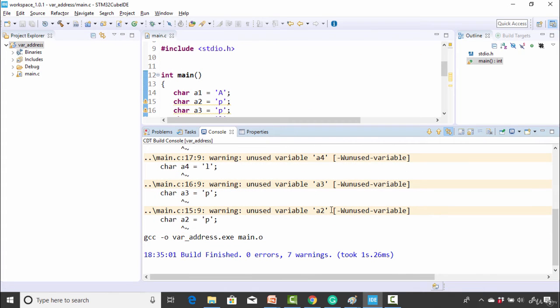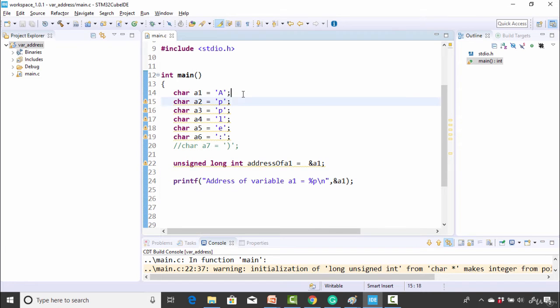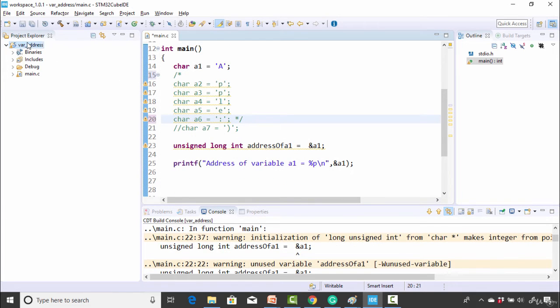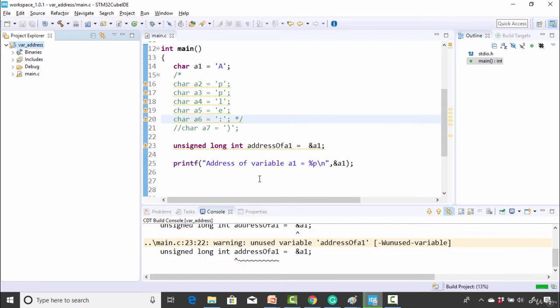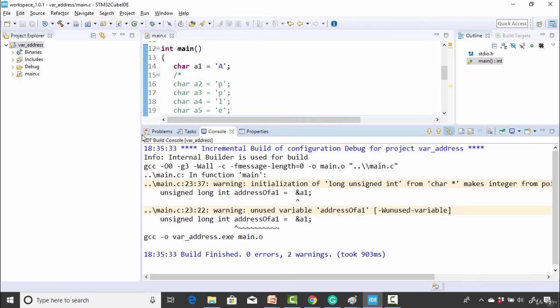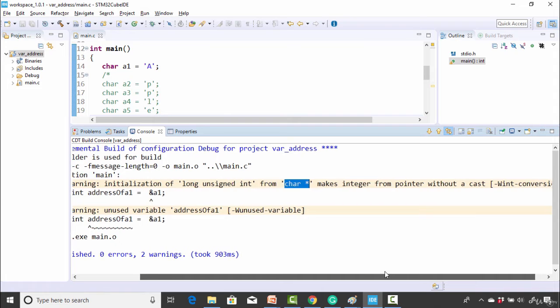Here you can see that there are some warnings of unused variables. So let's do one thing. Let's comment out all these variables. So I commented all the other variables. Let me just build the project. And there is one important warning. Let's read that. The warning says that initialization of long unsigned int from char star makes integer from pointer